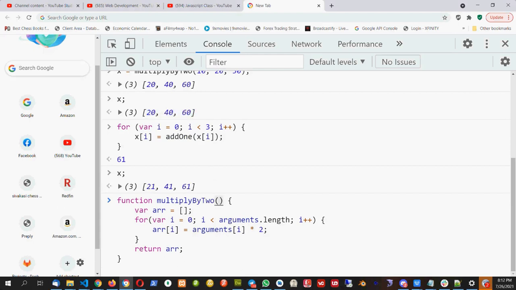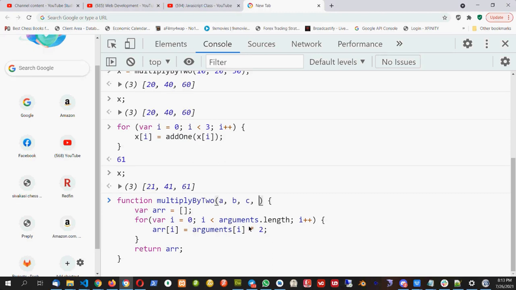So let me put 3 arguments and we'll play with it. Let's say I pass A, B, and C as the 3 arguments,